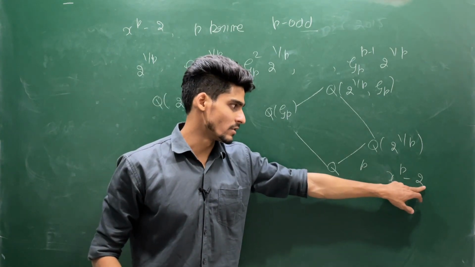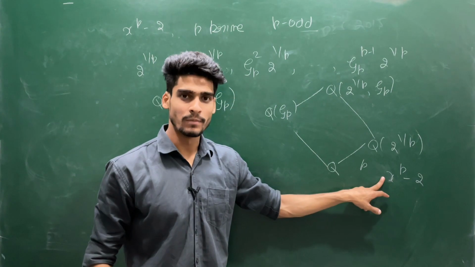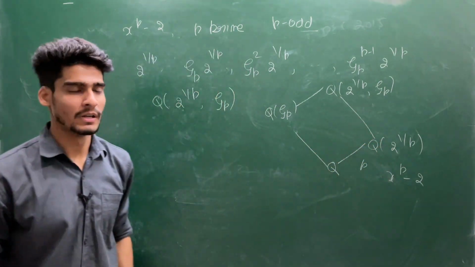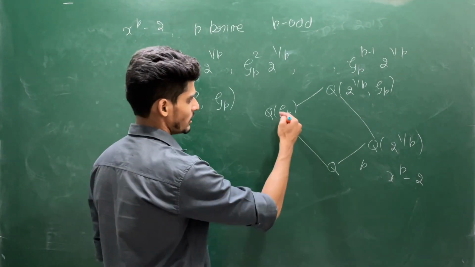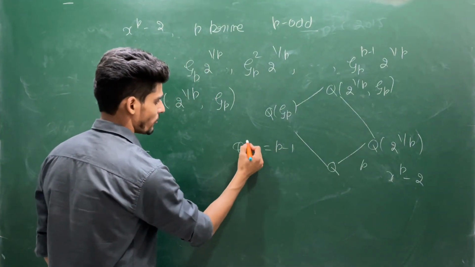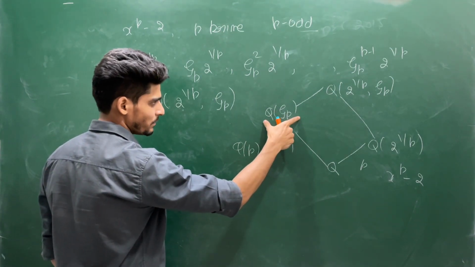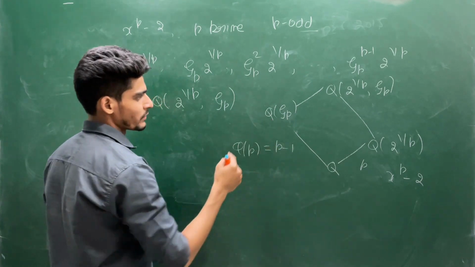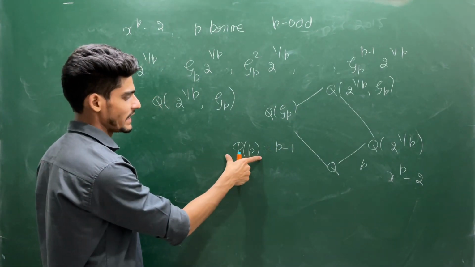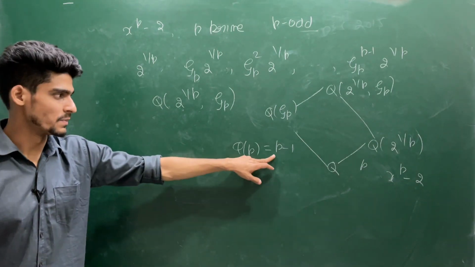Here your prime is 2. So 2 divides 2, 2 divides 0 and 2 divides 0, but 2 does not divide 1, and 2 squared does not divide 2. So by the Eisenstein criterion this is irreducible. From here to here you can reach up to p minus 1 steps, because this is the value of phi p. The degree of this extension over Q will be the degree of the cyclotomic polynomial phi p, and phi p has degree exactly the Euler phi function evaluated at p. So this is p minus 1.